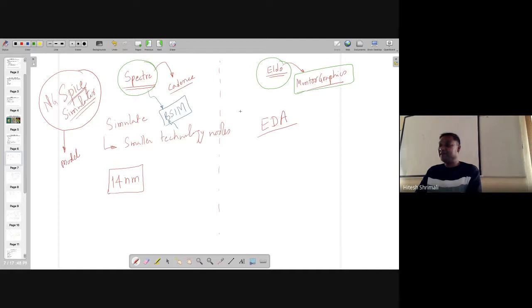As technology is going down, second order effects are coming more. Actually, not even second order; I should replace that word with higher order effects. Higher order means you might not have just d by dt, you will have d square by dt.